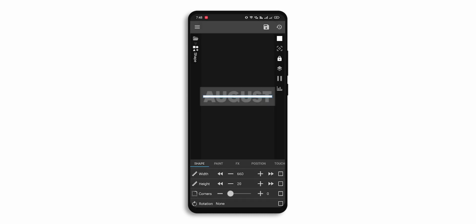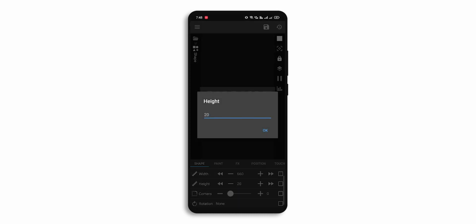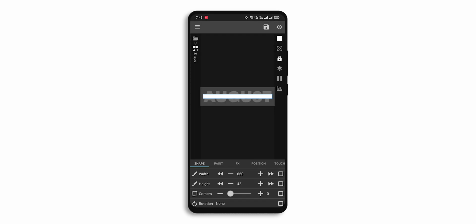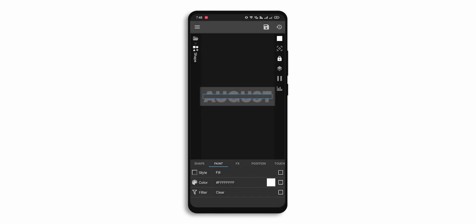Okay, and the height will be 442. Okay, so it is giving a cool look, but one more thing that we'll need to do: go to the paint and change the filter to clear, which will clear the center portion of this August area as well. Okay, and change the position to center only. Now once save it,